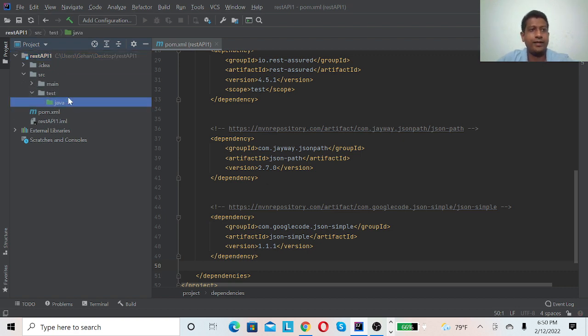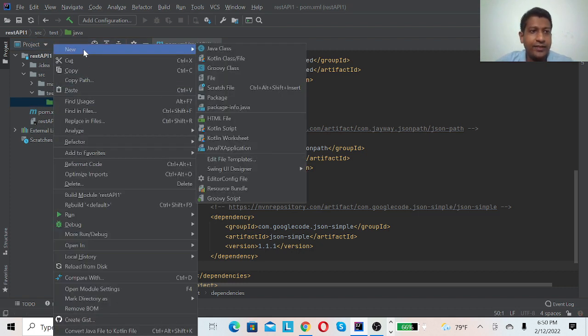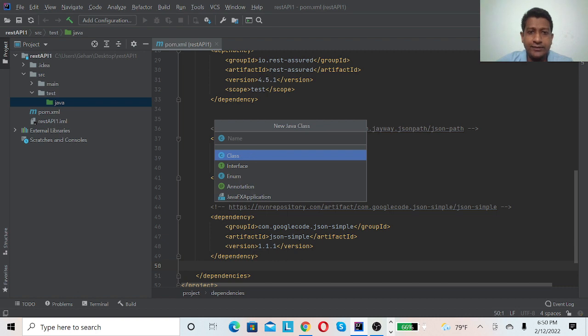So under the test folder, under the Java folder, right click on it, new Java class. You can give any name for the class name. It should start with a capital.